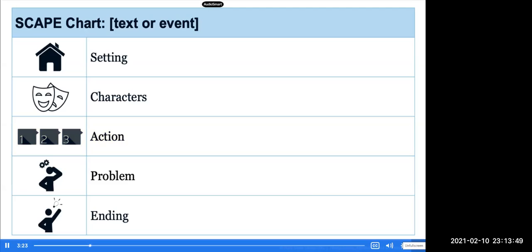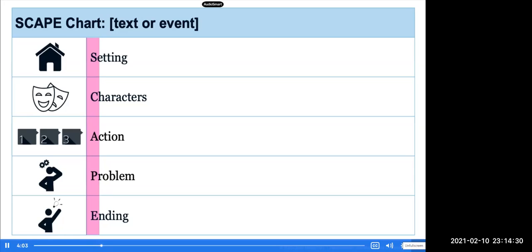Because you're so curious, you're probably wondering, why is this chart called SCAPE? Take a look at the first letter in each of the story element words to see if you can answer that question for yourself. That's right. Each letter in SCAPE stands for one of the story elements. SCAPE makes the story element sticky in our mind. The letter reminds us to look for and to think about each story element.